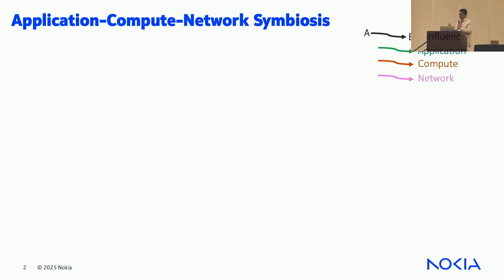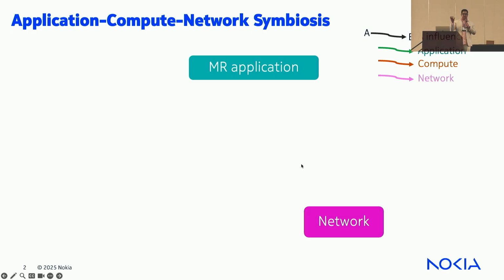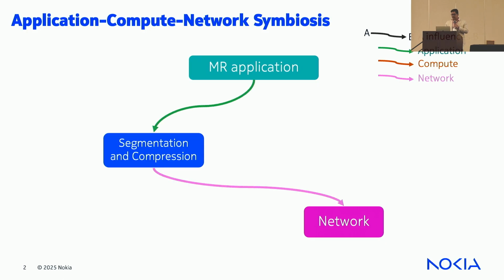So we start with this idea of application compute network symbiosis. We have this MR application that can do different things for the user, and some MR applications require networks. It usually requires a lot of network bandwidth to transfer point clouds and meshes to the end user. Some work already looks at how to reduce the network bandwidth requirement by applying segmentation, segmenting the scene and streaming only some objects, or applying point cloud compression when streaming MR. And some work is about scaling compute,